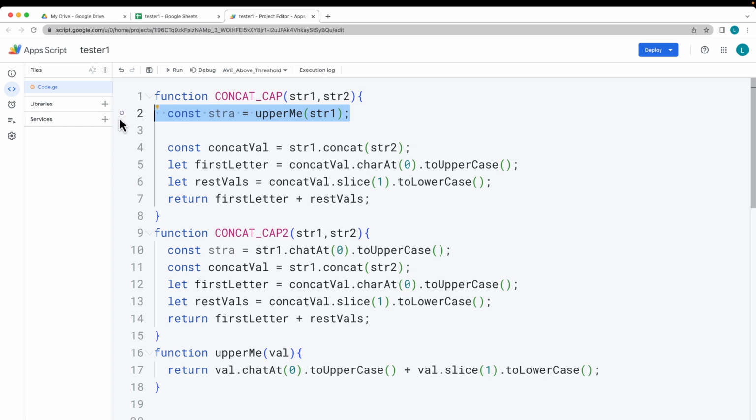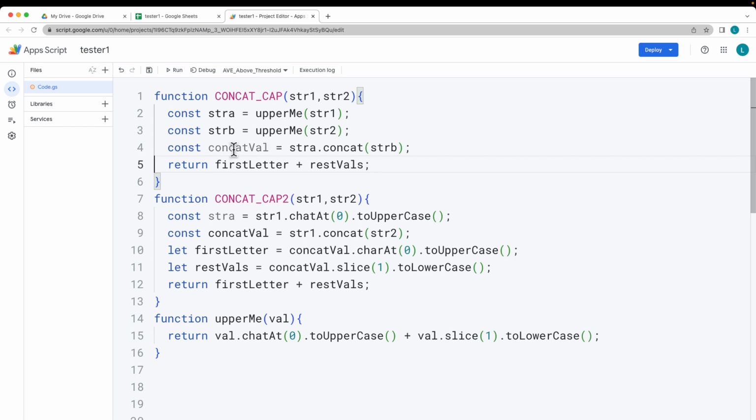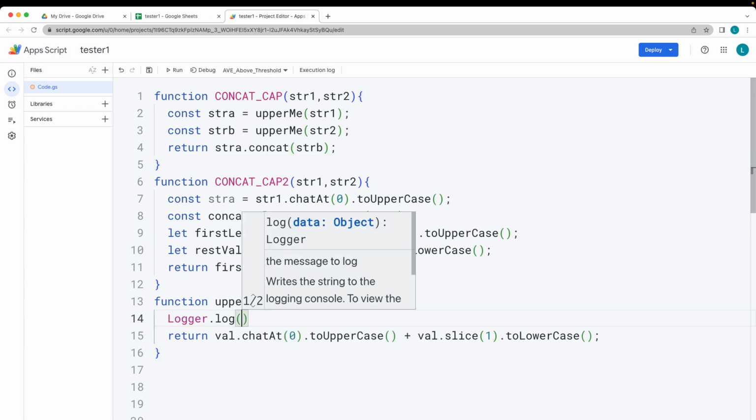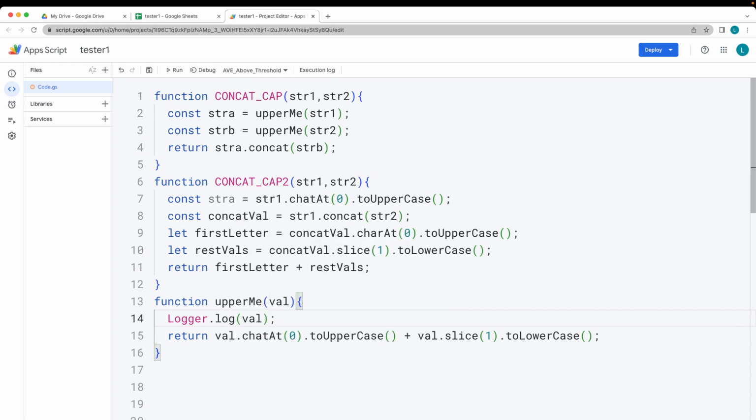And then we're going to have the second string value, so that will be string B, and take in the value of string 2. And then we're going to just simply concatenate those values together. So concatenate A and B together, and we can remove this. And we can also remove that other variable, where we're just simply going to be returning back those concatenated versions. And in this case, what we can do is some debugging here and get the value,